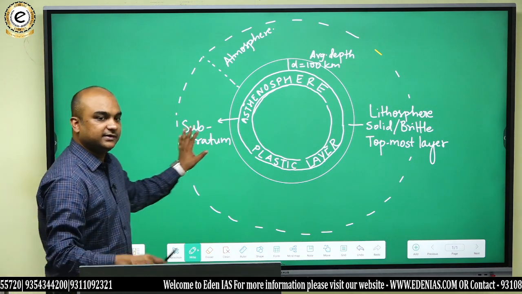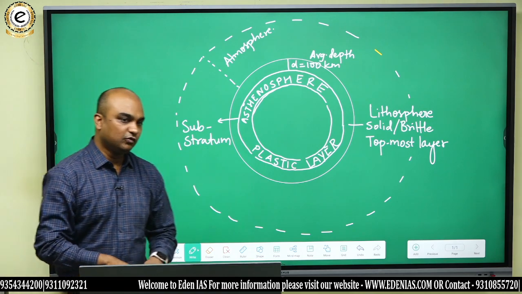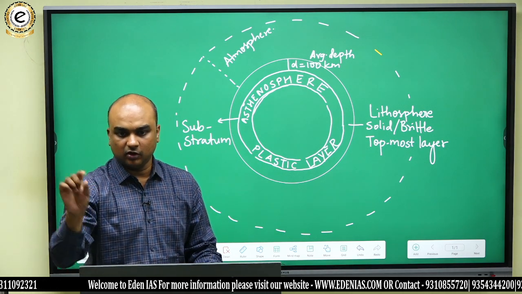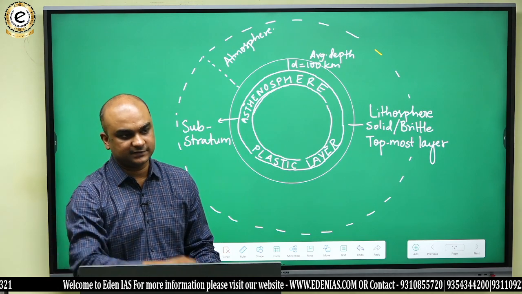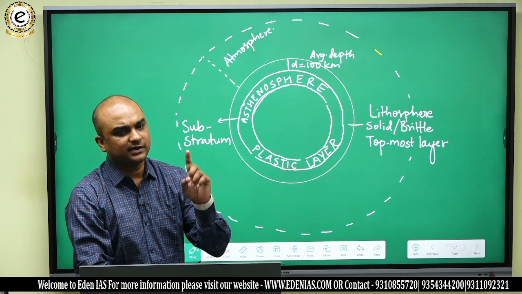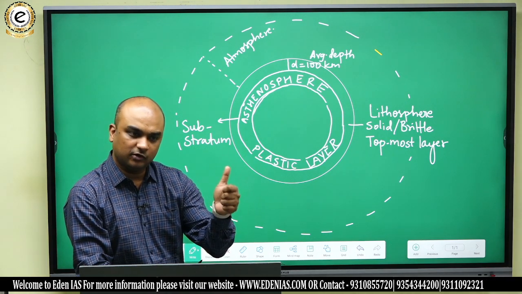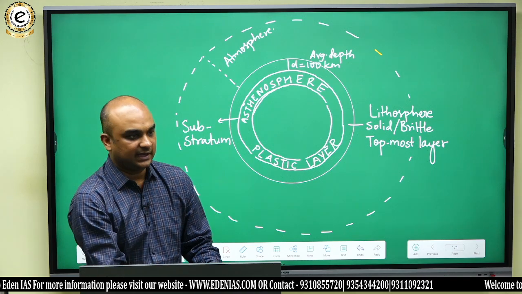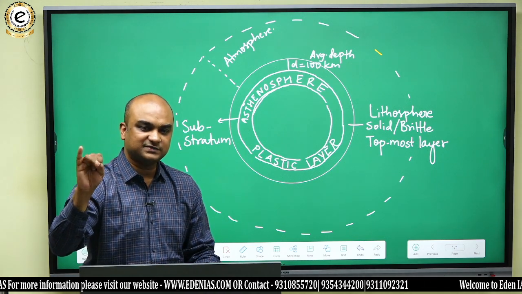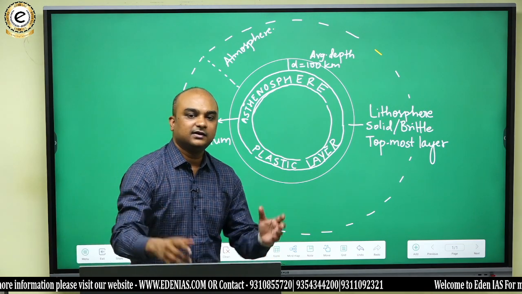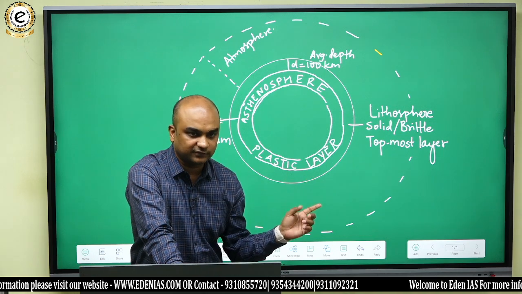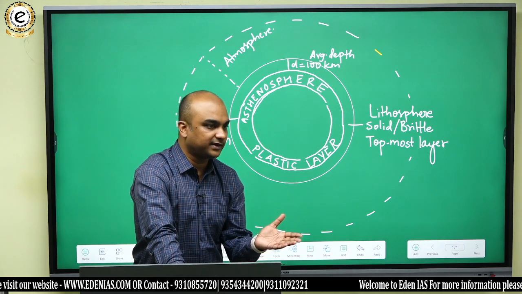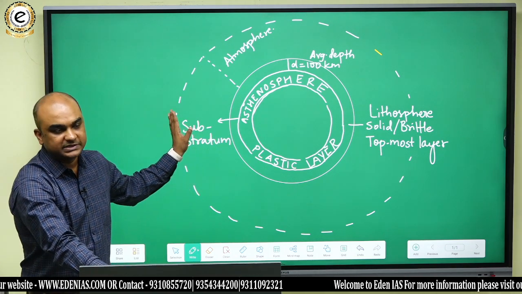So with the understanding of lithosphere, let's now move to the forces that impact the Earth's surface, got it? Or the landforms that are present on the Earth's surface. But before we go there, do you remember that thing called landform? Any form of land is a landform. And what is a landscape? An assemblage of different landforms is known as a landscape. Landscape could be of two types, natural landscapes and cultural landscapes. Cultural landscapes are something which we study in human geography. In physical geography, we are only bothered about natural landscape. तो क्योंकि अब हम पहले physical geography पढ़ेंगे, इसलिए we will be only bothered about the natural landscape.